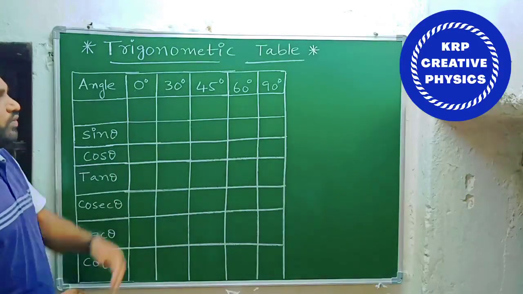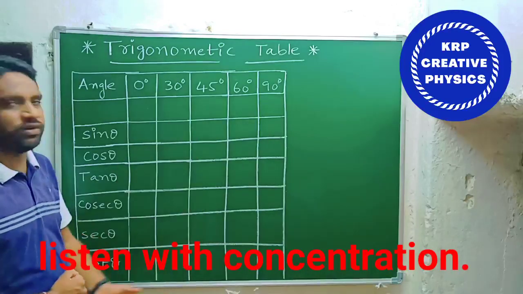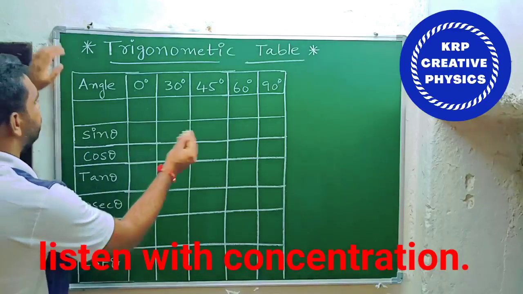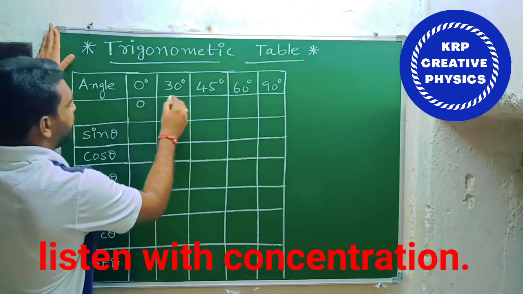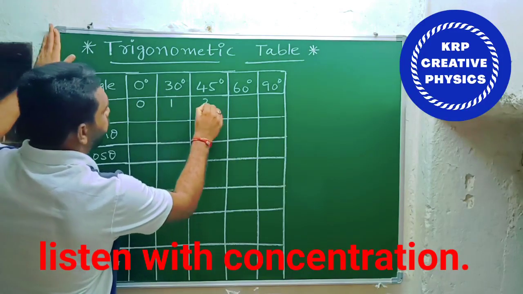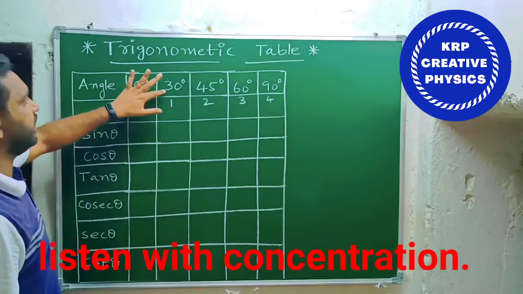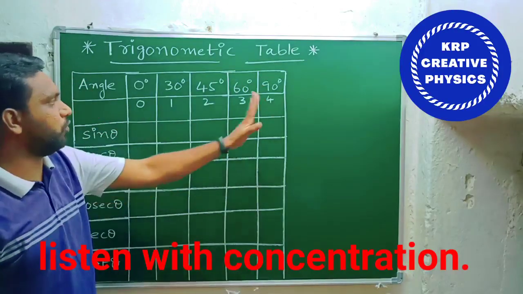Okay now. So if we know all the values of angles of sin theta, then we can find out remaining angles. That is very easy. So first, to find the sin values, I am going to write the numbers serial number wise: 0, 1, 2, 3 and 4, with respect to 0 angle, 30 degrees, 45 degrees, 60 degrees, 90 degrees.